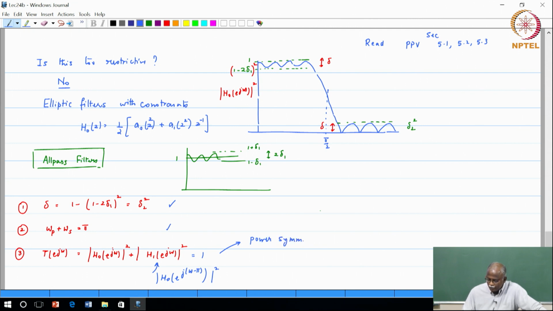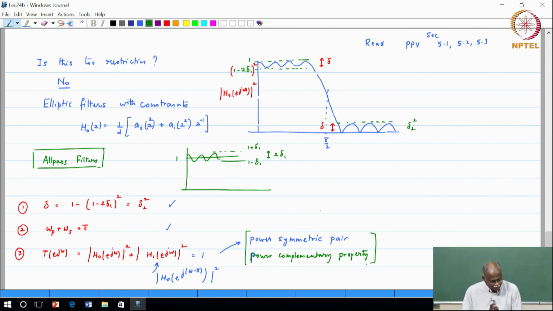Power symmetric pairs. So, h naught and h1 must come out to be a power symmetric pair, because of the QMF condition. Sometimes this is also referred to as a power complementary property. The powers of h naught and h1 are complementary, so that they can add up to a constant. So, power symmetric or power complementary property, these are all things that we are going to engage with, but I just wanted to give you a heads up